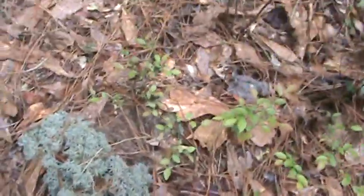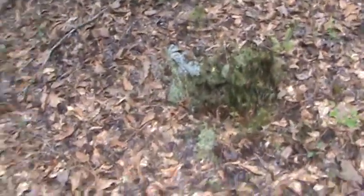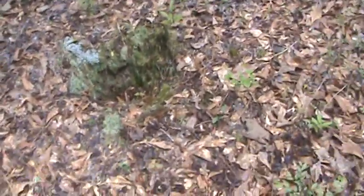I'm looking at some fungus stuff that's growing here in the woods. I have noticed this before. I'm looking at it. Anyway,